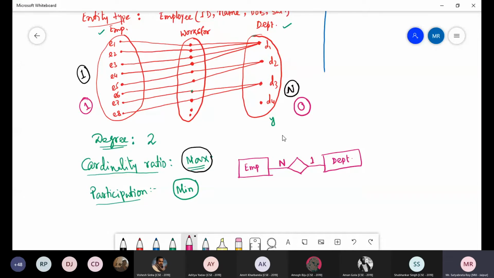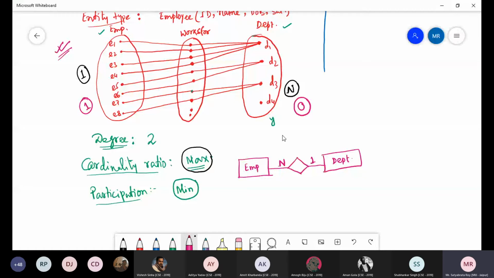Okay, so this is only for representational purpose, to make it clear to the ordinary user that one department can have many employees. Are you getting why this is written so in this ER diagram? This is the logical view that I just used to show you how it is calculated. But in the ER diagram you should write this.